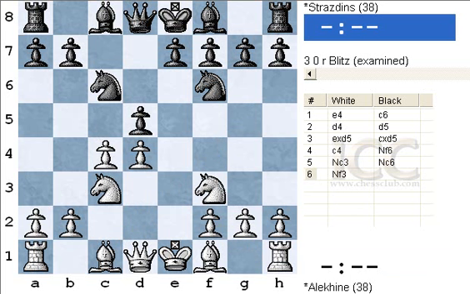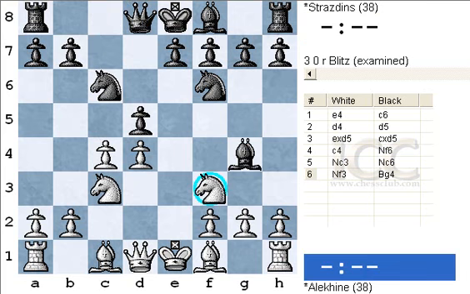Indeed, today this line is not so popular because black has quite a strong response with bishop g4, just counter-attacking white's position in the center very fast, and after bishop g4 black intends to play simply e6 and support the center very strongly,